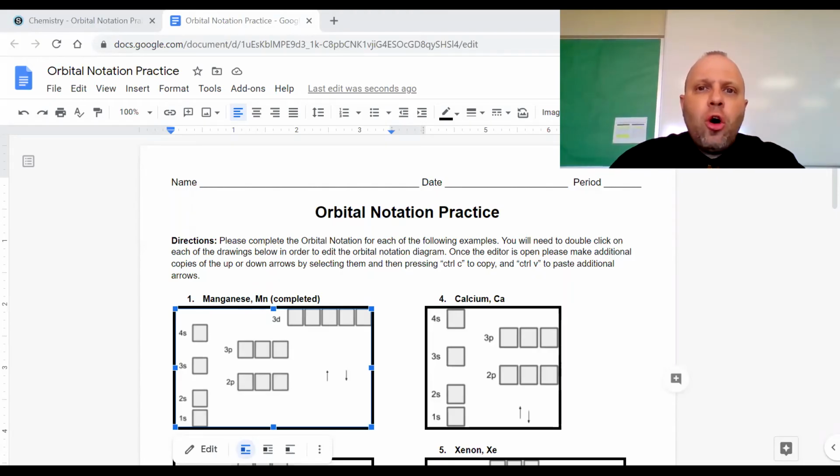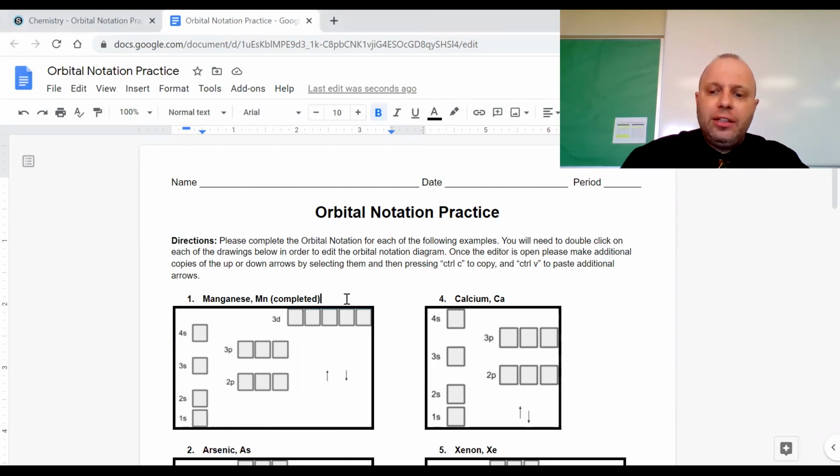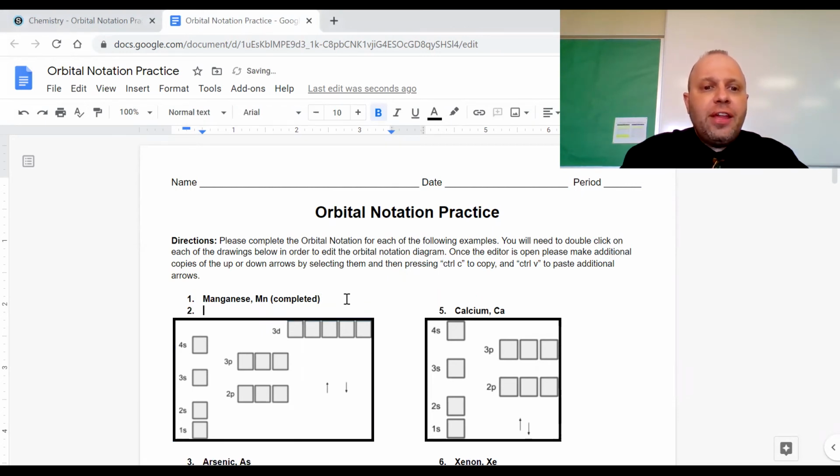We are now looking at the homework assignment on orbital notation. Let's take a look at this first example, which is for manganese. So the very first thing that I would do is look up the electron configuration for manganese. Now, your electron configurations for the examples that you will be doing are already completed as part of the electron configuration homework. So I'm quickly going to jot down the electron configuration for manganese, which is 1s2, 2s2,